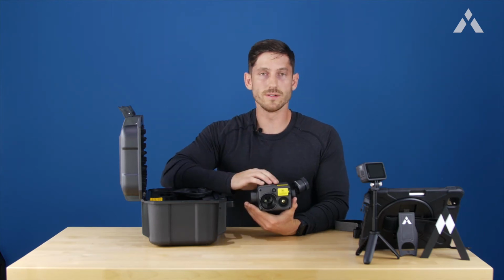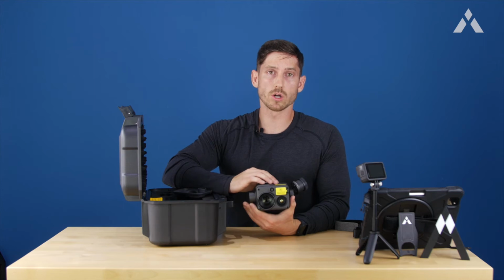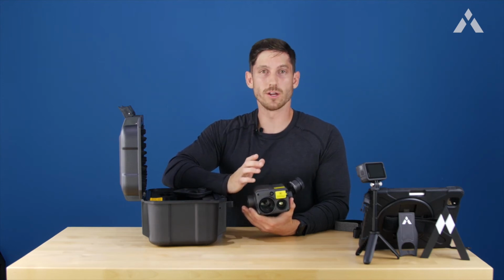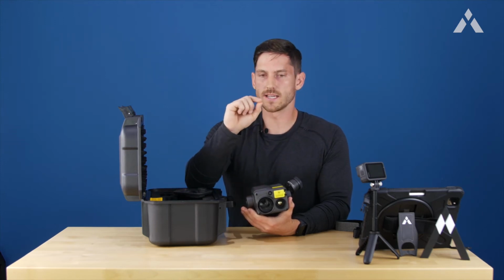Now you could go to an H20, which is more catered to inspection industries. So something like a hydro line or a cell tower. It has the Smart Check AI. So what you actually can do with Smart Check AI is start to automate your inspection process, which is actually really fascinating. So if you're ever doing say a cell tower, you can tell it to look for a specific